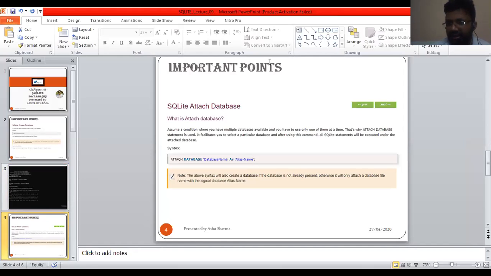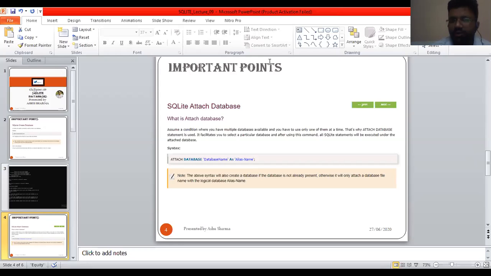After using this command, all SQLite statements will be executed under the attached database. The syntax is: attach database, then the database name, which in our case is test.db, as an alias name, anything that you want. In our case, the alias name is CSE.